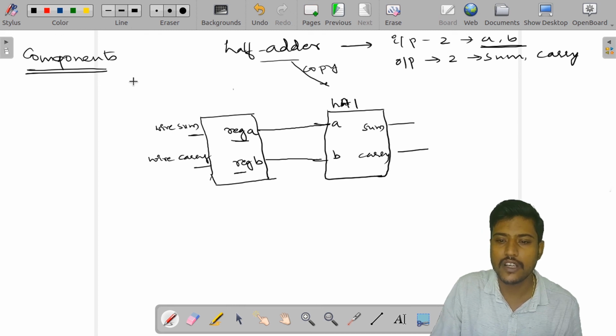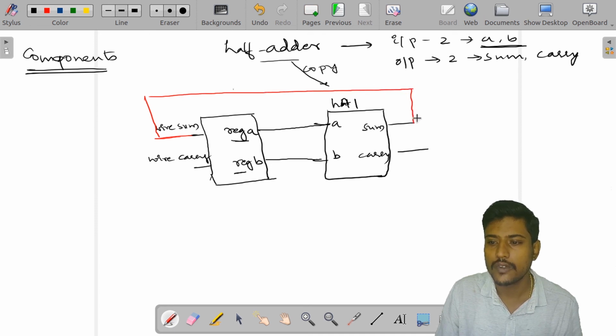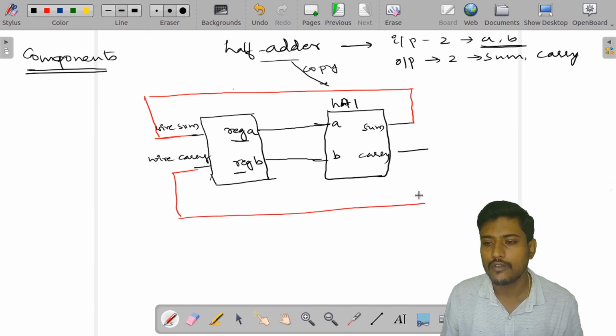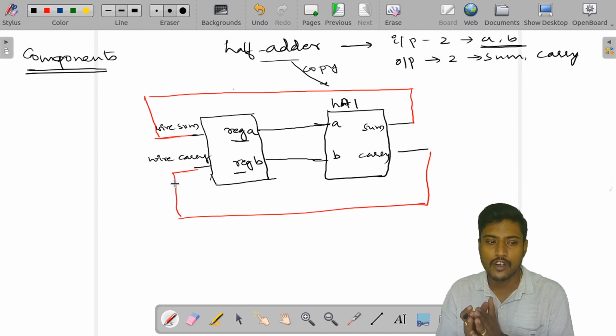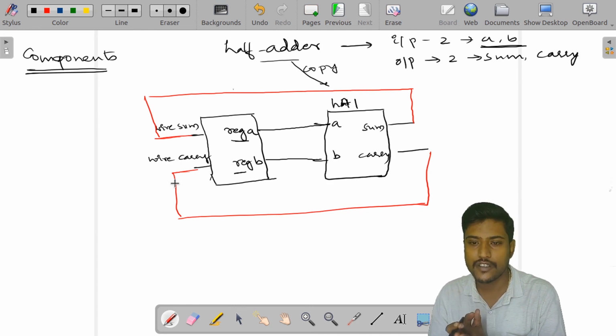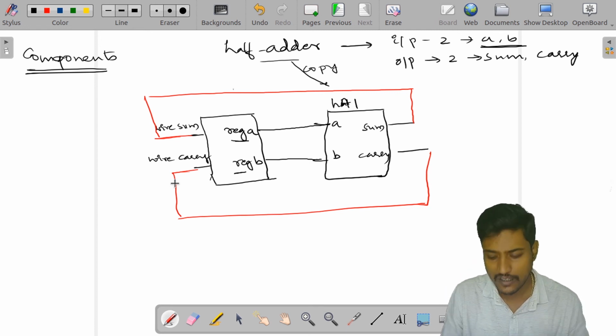And these wires sum and carry, I am going to connect to sum, and this carry I am going to connect to this carry, so that I can observe the output. Always in a test bench environment, our outputs are wires and our inputs are registers.